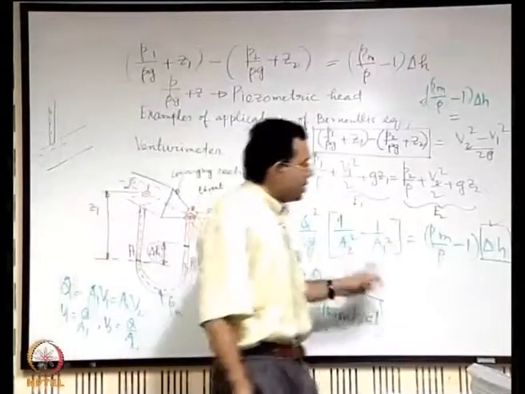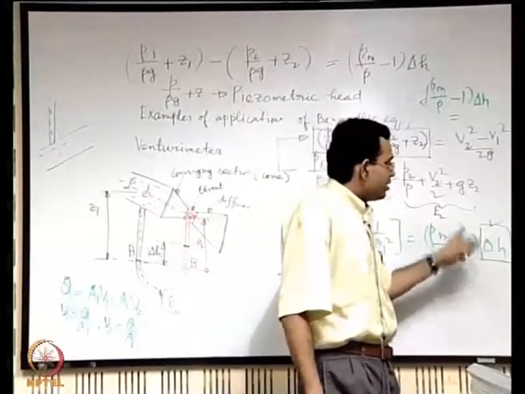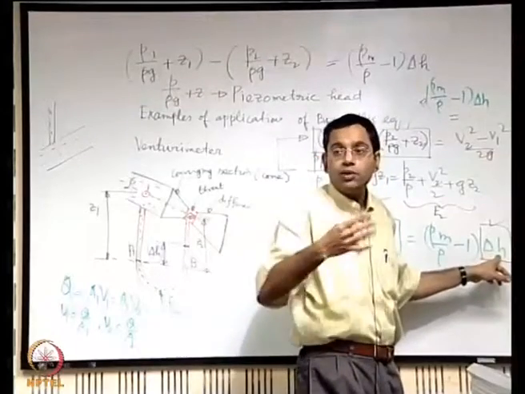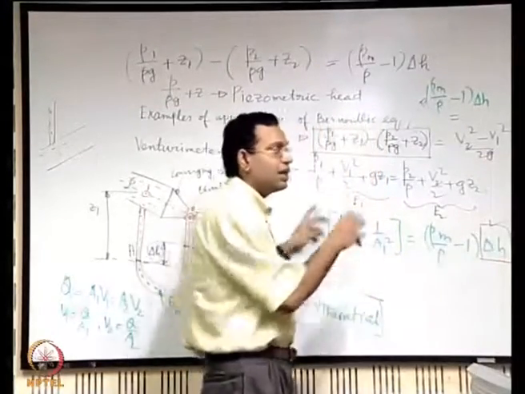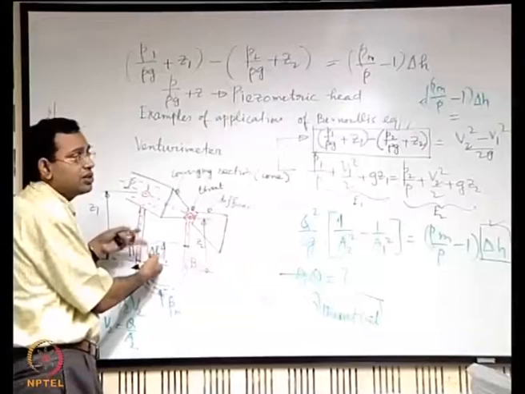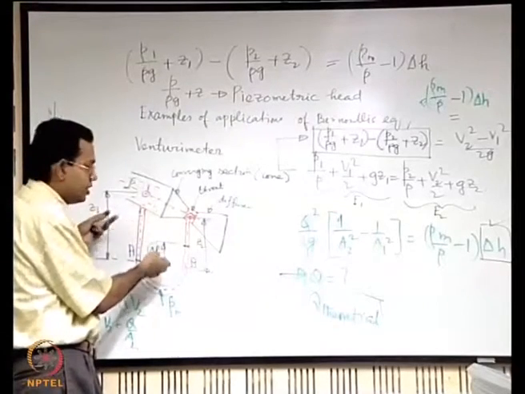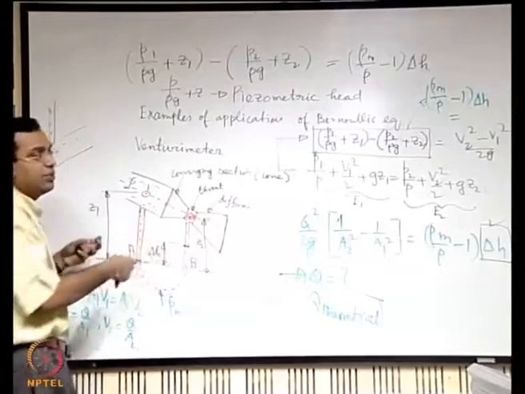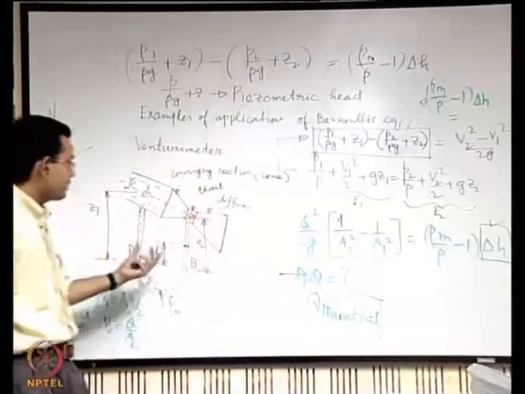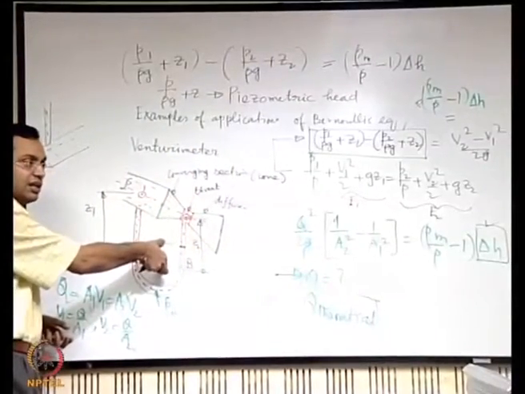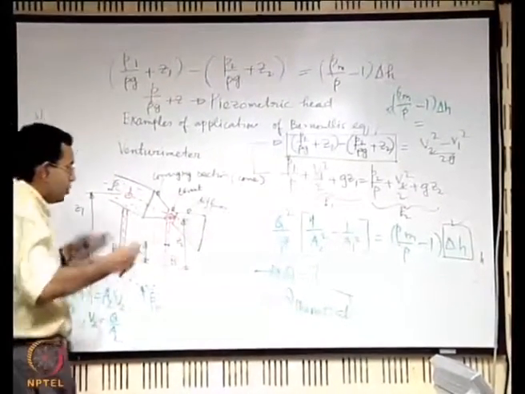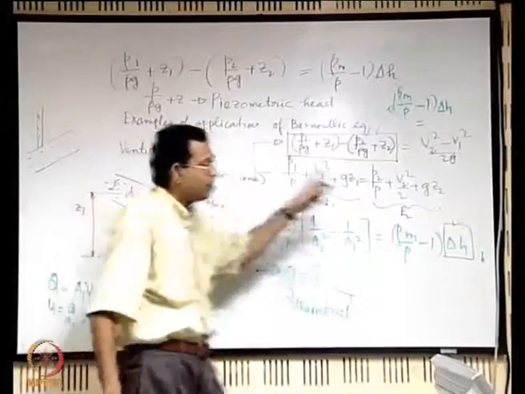So, here maybe to get Q ideal it would have been better if you could put delta H ideal, but that you cannot do because delta H is what you are reading from the practical thing. So, it is giving the delta H which has manifested by considering all practicalities. So, this delta H also considers the practicality that there is some loss of energy to overcome the fluid friction effects. That means this delta H is higher than what delta H would have been if it were a frictionless flow, but you can't help, this is what you read experimentally and it is what you put here.